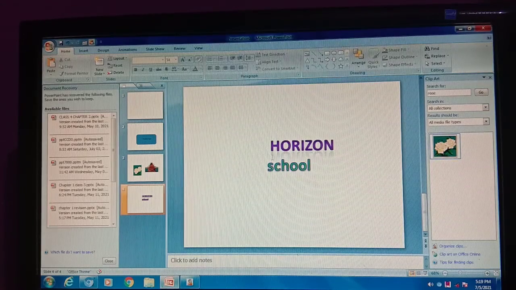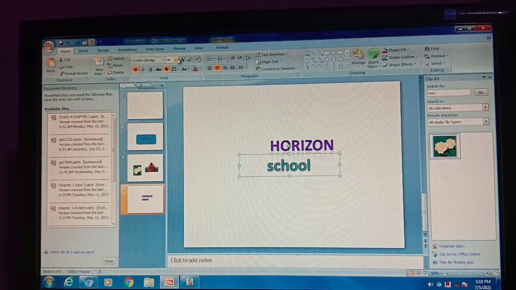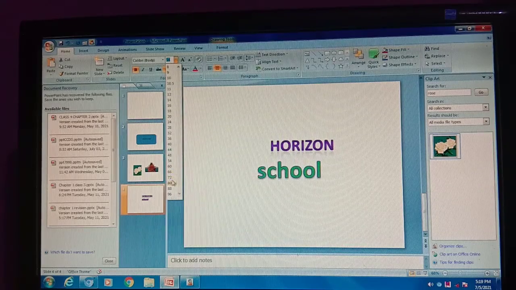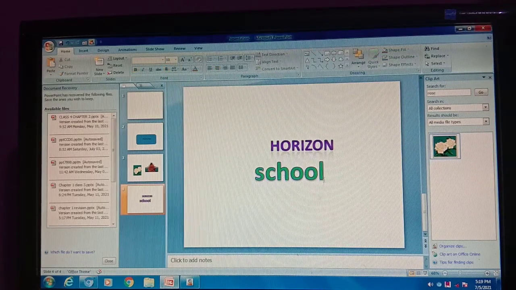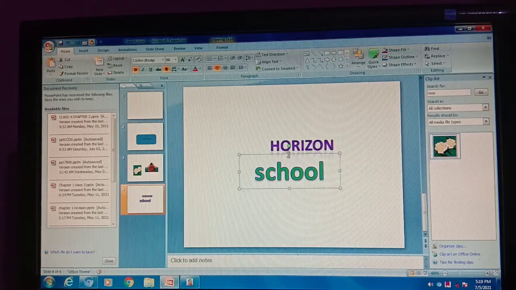If it is not displayed to you properly, everyone, let me increase its size. I am increasing its height. See, I can change its inner color.